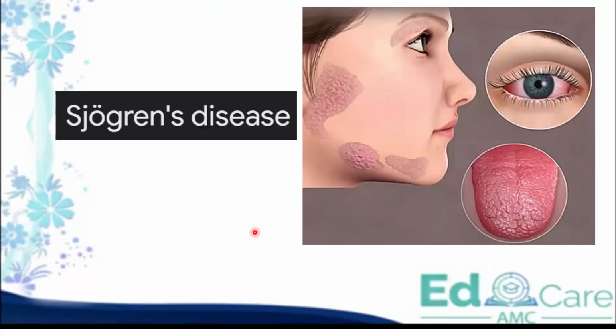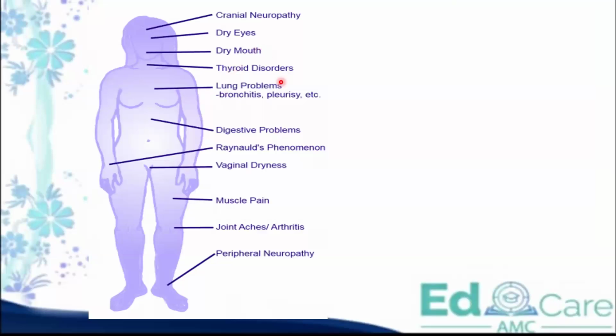For Sjogren's disease, you just need to know how to differentiate it. Remember it like this: the O is written with two dots on top generally, in Sjogren's. So we remember this as the two eyes and this is the mouth. They have lack of tears and lack of salivation. Eye, no tears; mouth, no salivation. It affects mainly those two, but there are other organs affected. These are the other extra-articular features of Sjogren's syndrome.